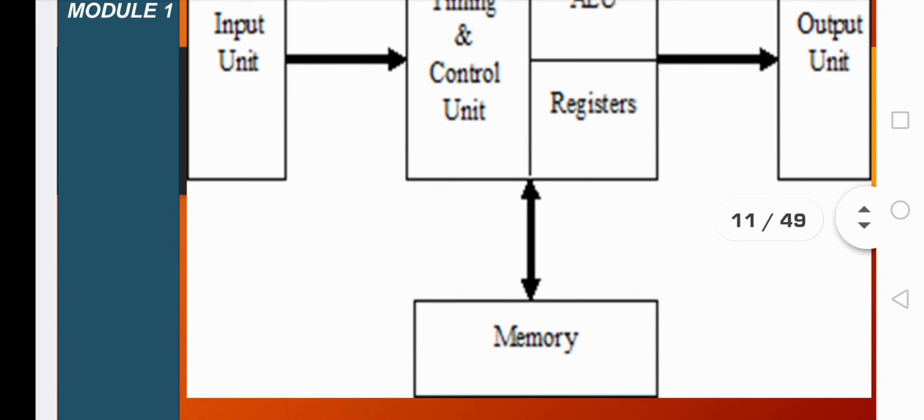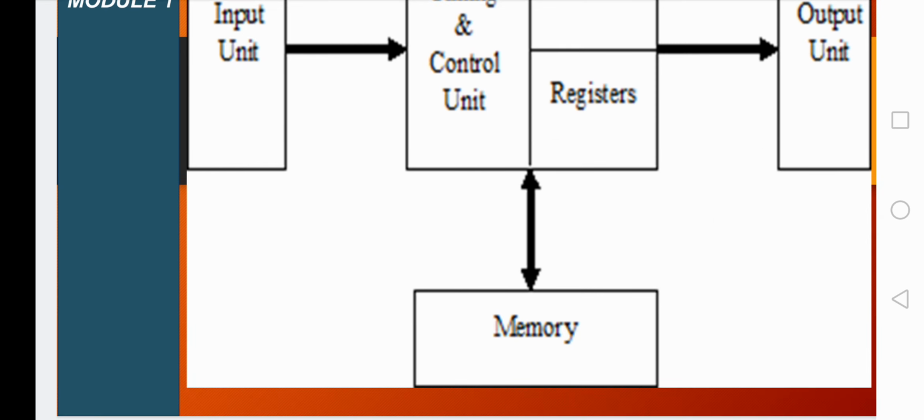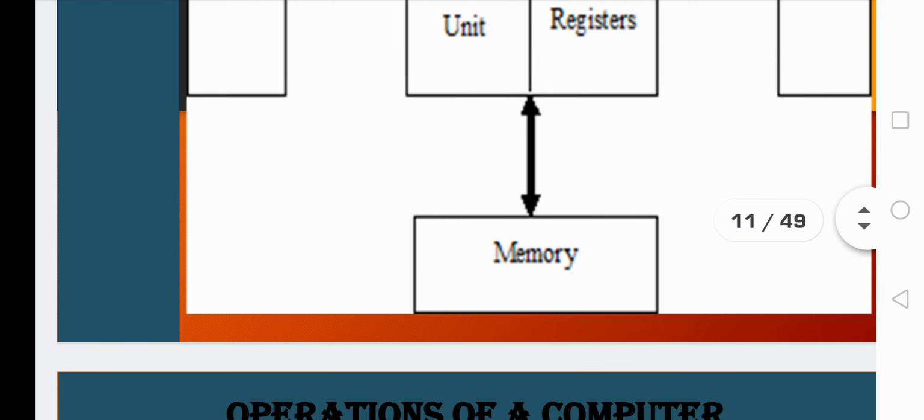Now let us look at memory. I told you the microprocessor does not have memory of its own. It has registers built within it, but they cannot be considered as memory because they do not have enough storage. Only a small amount of storage is available in these registers. So we need to interface some external memory with the microprocessor in order to store something. For that purpose we are using this memory.